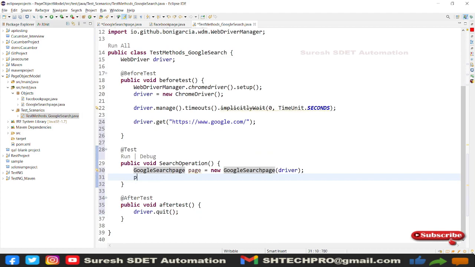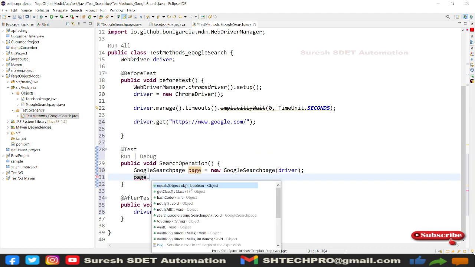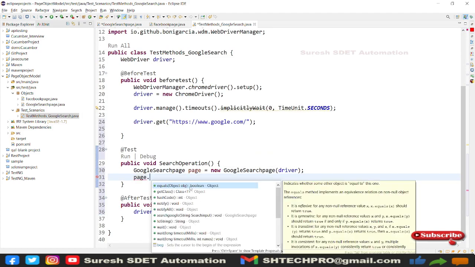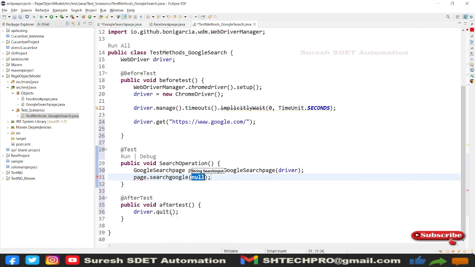Now as soon as I type page dot, you will see all the methods available in my Google search page will be accessible to me. And now I will click on this Google search. So here in the Google search we need to pass some value, which is in string format.